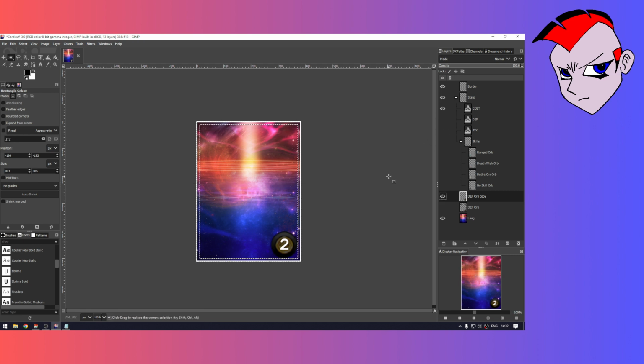They're gonna have a cost, and I'm thinking if I should put durability on the cards itself, and if so, should it be on the top right corner like the enemy cards, or